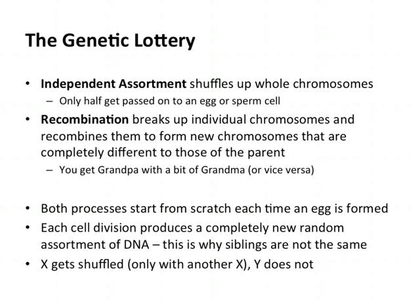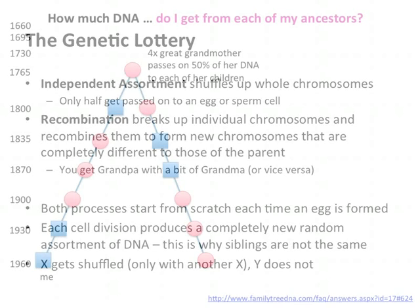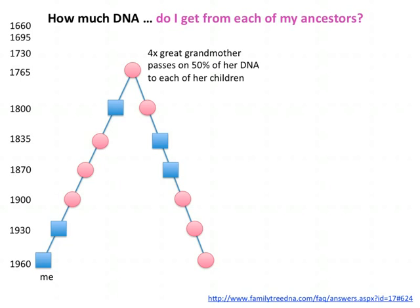The idea that a particular segment could pass down unchanged from generation to generation is actually very, very low. So if you're looking, did I get any chromosome from my chromosome 1, for example? Is my chromosome 1 from my great-great-great-grandparent on my father's side? Very, very unlikely, because it will have been broken up and it will have been shuffled and passed down along the ancestral line. And that takes us to how much of our DNA do we get from each of our